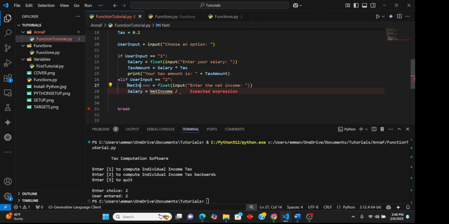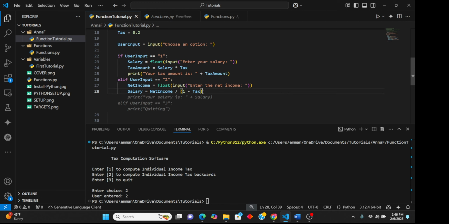Net income, so divided by 1 minus tax. Okay. So if its net income is divided by 1 minus tax,